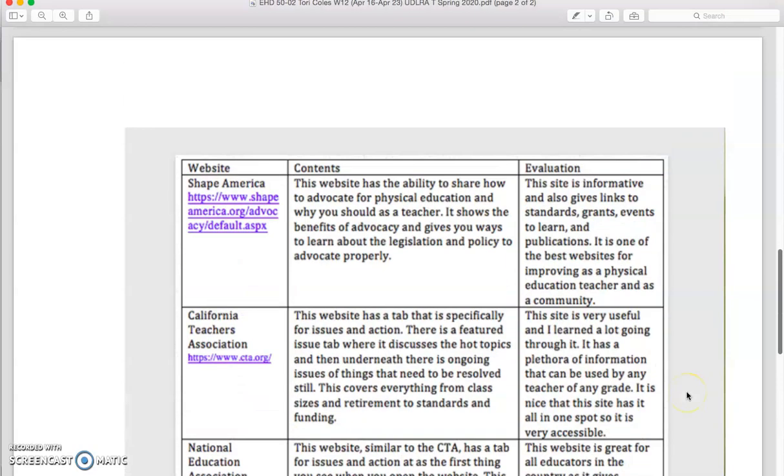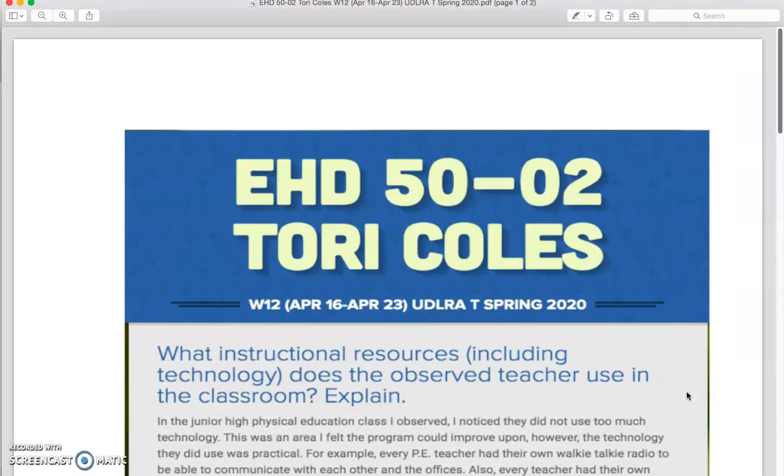So these were the two assignments that I thought were very informative and definitely helpful, and allowed me to research more information to be able to grow as